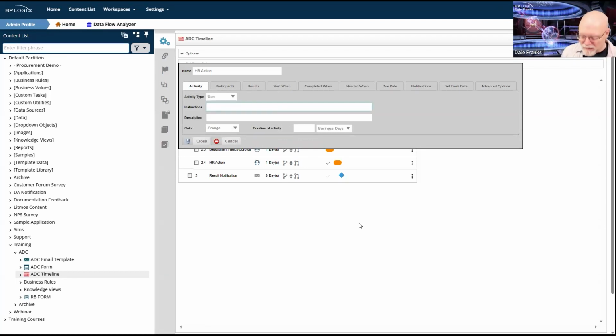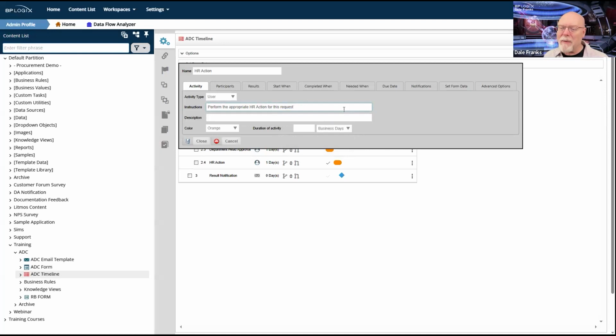HR needs some instructions. I'll just give them some. Perform the appropriate HR action for this request, because I don't know what the specific action is. I've got to be really generic here because it could be time off, which means I got to do one thing.